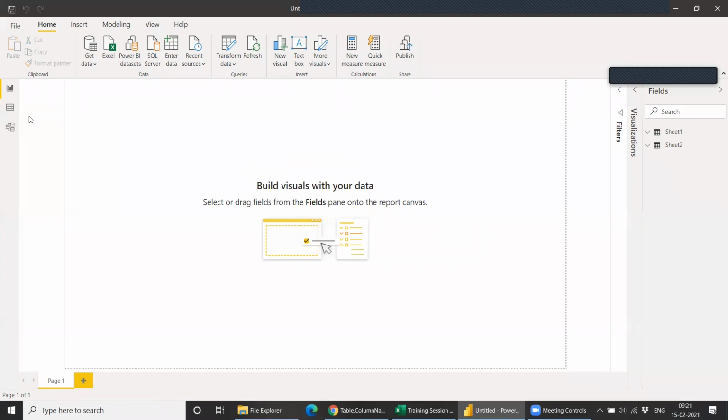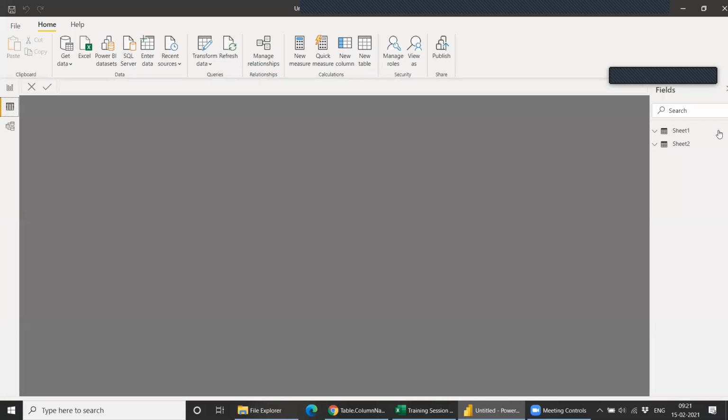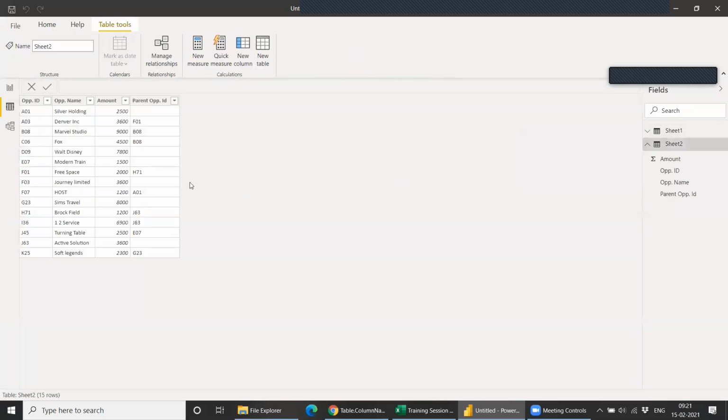Okay, let's move to the second problem. So now let's say we have the data structure like this. So now the equation is this: Denver has a parent F01, so this free space. If the free space amount is greater than, let's say, 2300, then only we should consider Denver. Else we should not consider Denver. So right now free space is 2000, so we should not consider Denver.